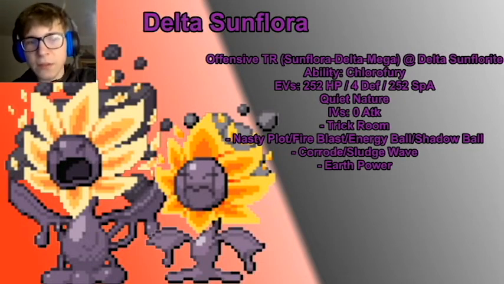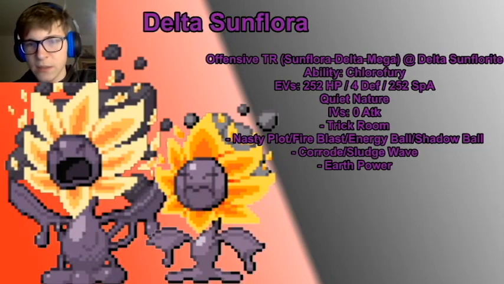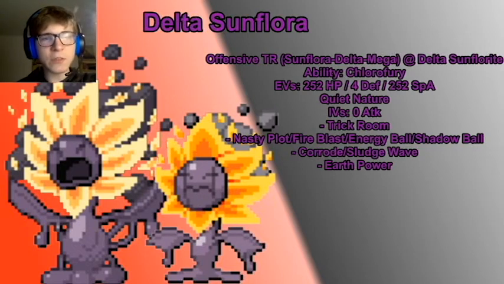for Mega Delta Sunflora gets its Gold Mine up on switch in, which is kind of stupid, but okay. I just gave this max special attack, min speed. IVs are min speed, but it should be min speed. Trick Room, and then you're on Nasty Plot, Fire Blast, Energy Ball, Shadow Ball. It's like Nasty Plot or coverage. It depends on whether you're confident